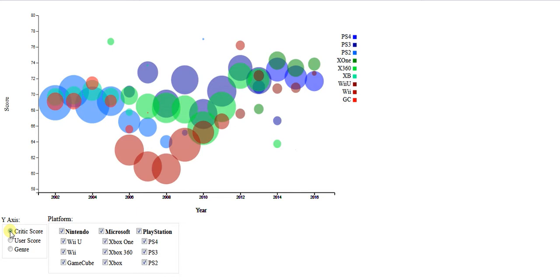They sort of wavered for PlayStation, up and down, but for Nintendo, they severely dipped for the Wii. But the Wii also had the highest sales of all the Nintendo consoles, even though it had the lowest critic score. And then if you go into the third generation, it seems all the critic scores went up